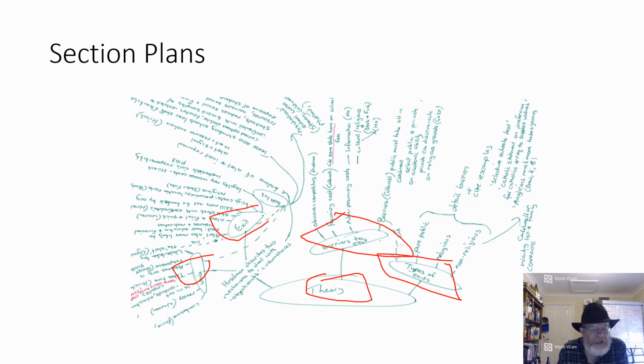So you can now see that I've got those 4 sections, but each section is then broken up again. And at this stage, I definitely have a dot point for each paragraph. And in fact, most sentences have a dot point. See these dotty lines here? This is how I'm going to segue from this section to this section. And you can see more segues here. And you can see where I've linked points together. That means they all have to appear in the same paragraph.